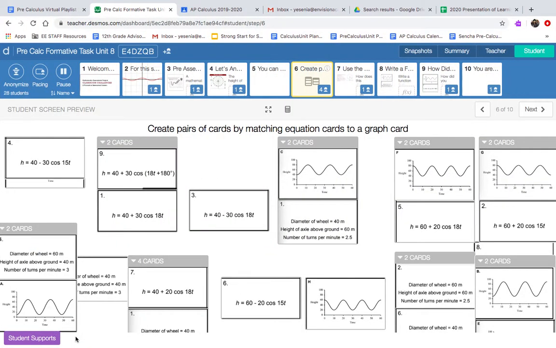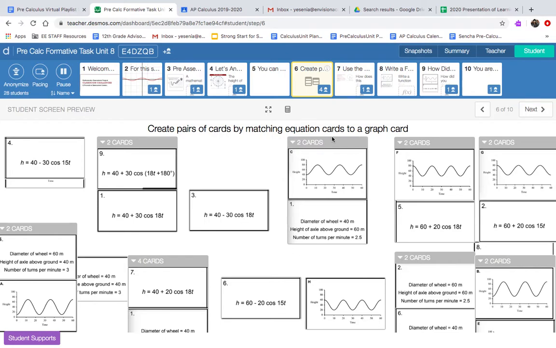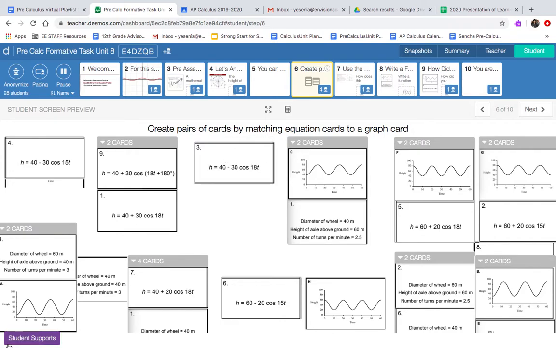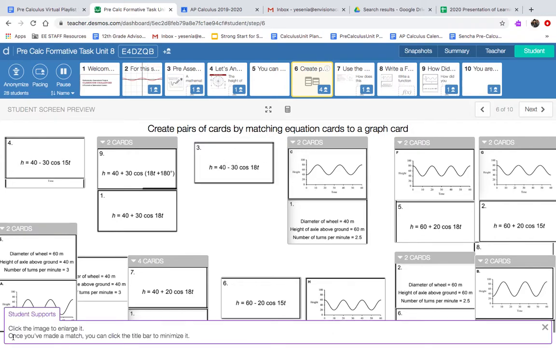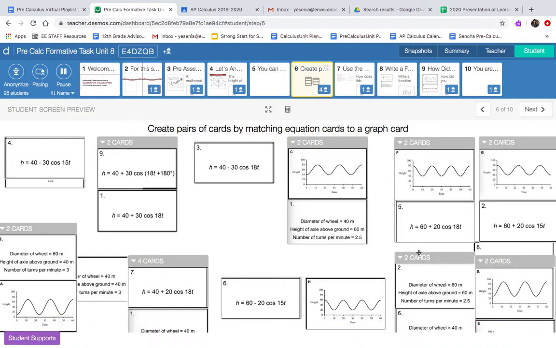Okay, so we're jumping back into where we left off. So far we have a graph with a situation matched up. Now we're going to go ahead and match. Usually these are sets of three. There are just going to be two sets of four. But this one I'm going to go ahead and try to match up to an equation now, which is usually